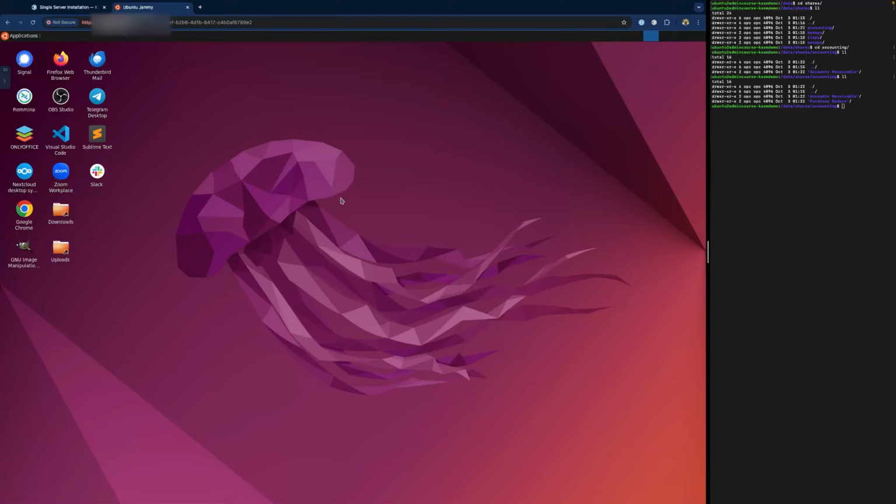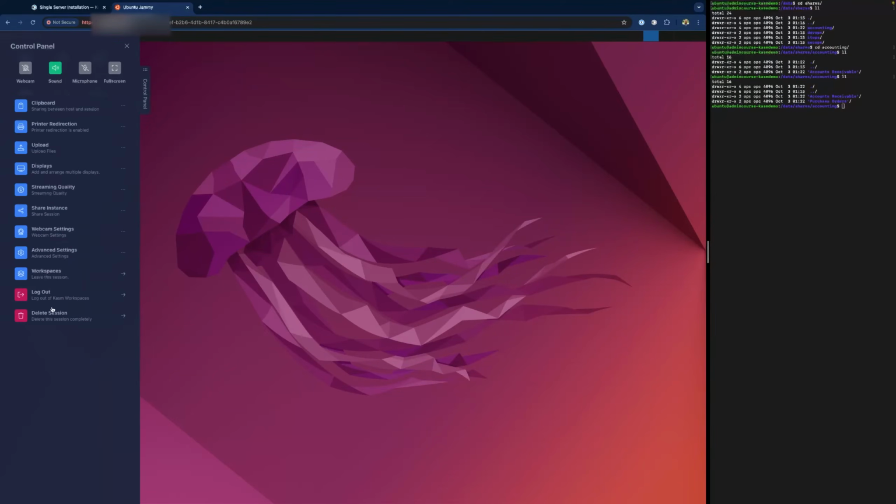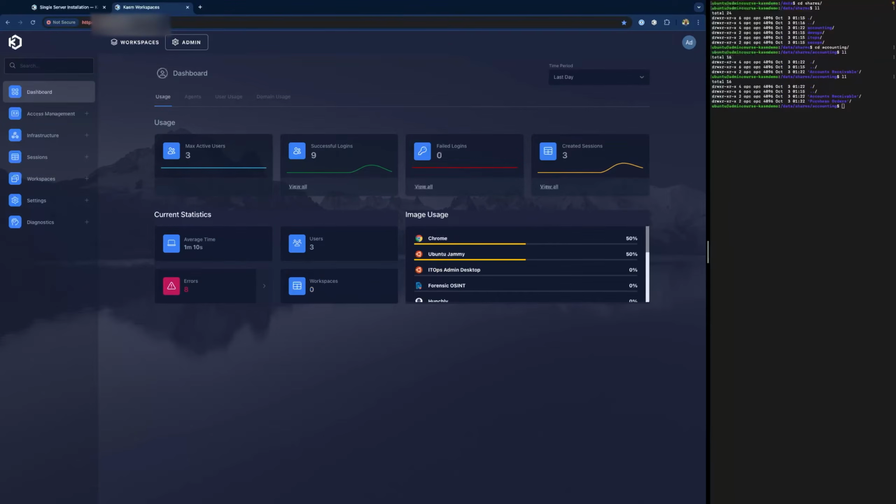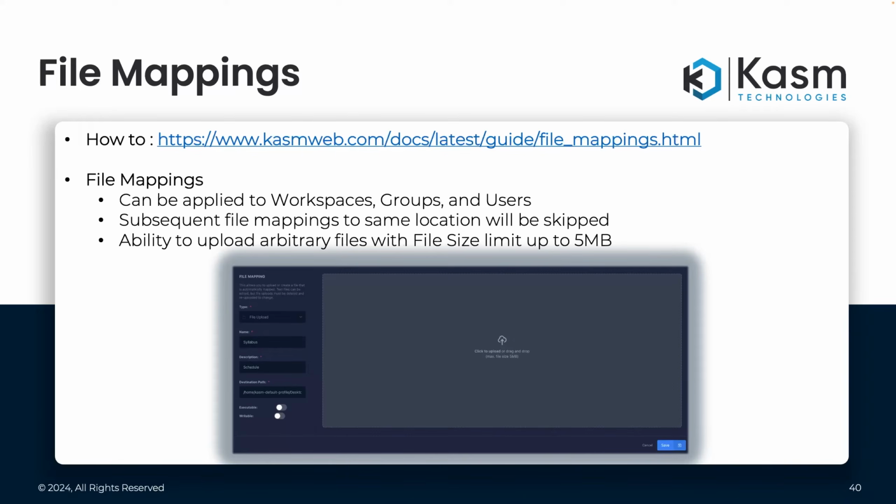Okay, let's go ahead and delete this session. Log back in as admin. File mappings allow the administrator to manage files to be mapped to the inside of the user's workspace session. So a great example for using these is to manage our Chrome policies, actually, which we will cover in just a bit.